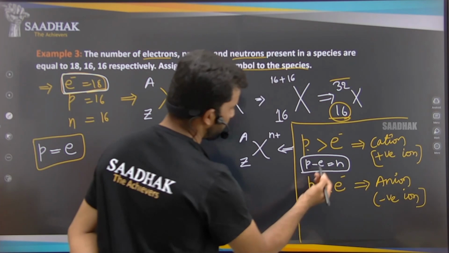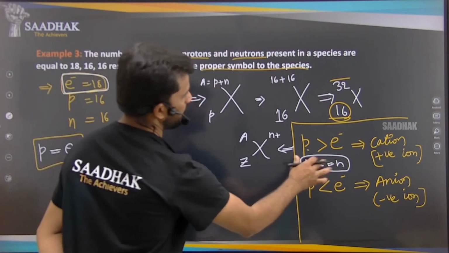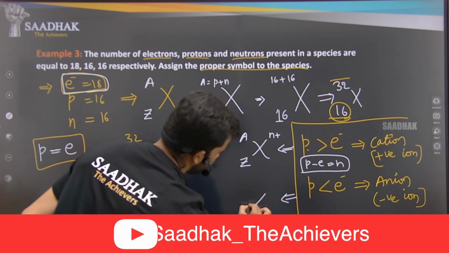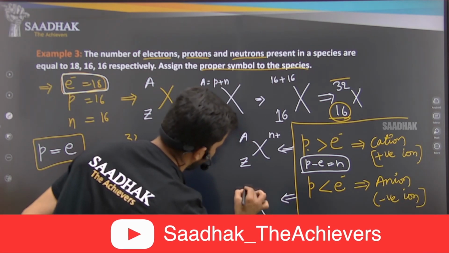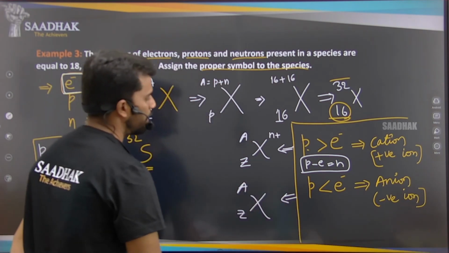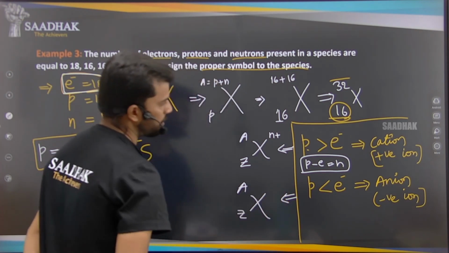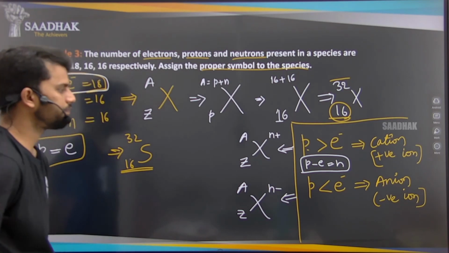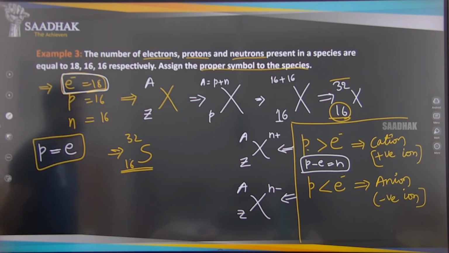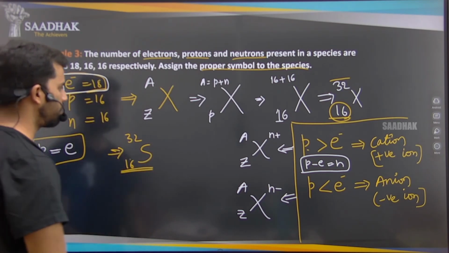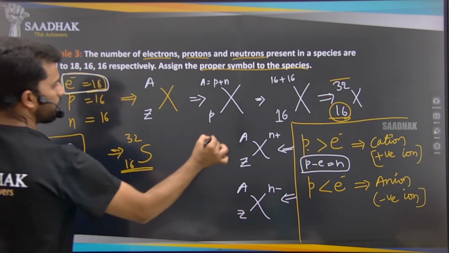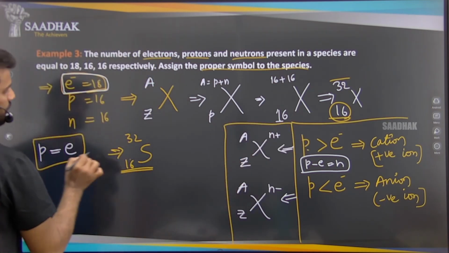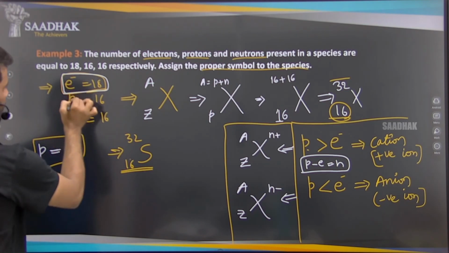The difference between proton and electron is N in both cases, let us say. So in this case, X with Z and A, what will be the charge on it, or what will be the anion here? That will be N minus. Now come to this question here. Remember this point.